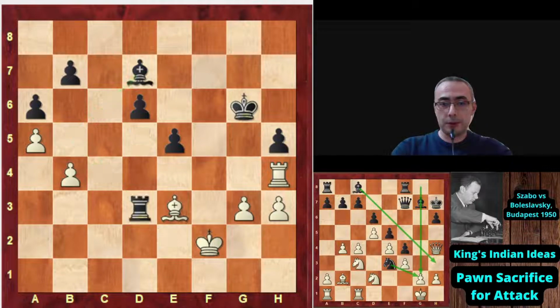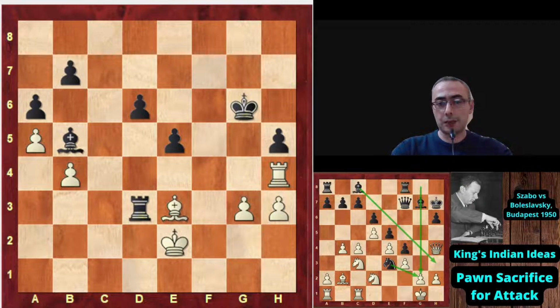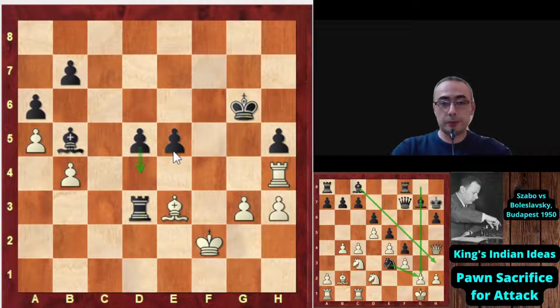So rook d3, king e2, bishop b5, threatening the discovered check. And in this position, actually, white resigned, because after king f2, d5, there is no way white can stop the advance of